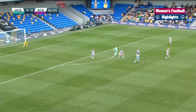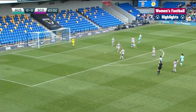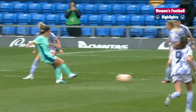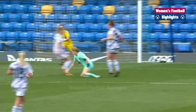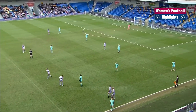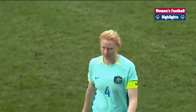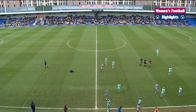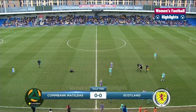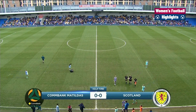Laughing as she ran away from her former teammate, Carolyn Weir. That's nicely done. Vine nudged off it. In the box by McCandy. Challenge Fowler. Rasso with the last touch of the first half. A very, very competitive first half. A very tight first half as well on the pitch and on the...